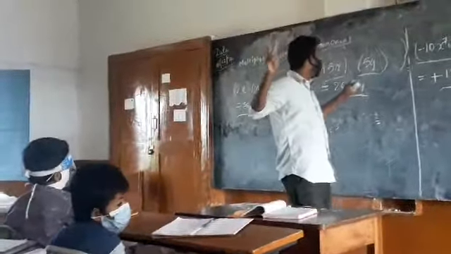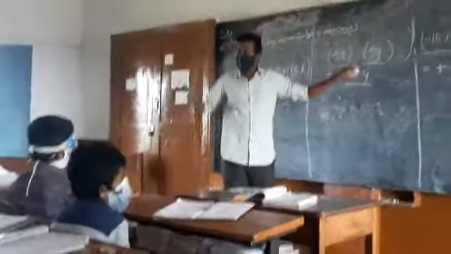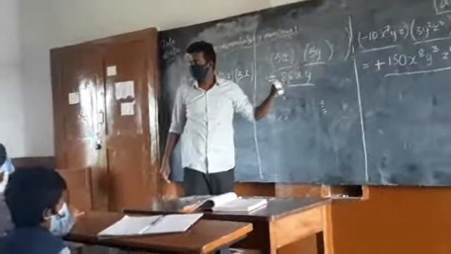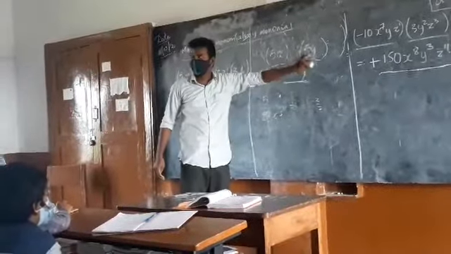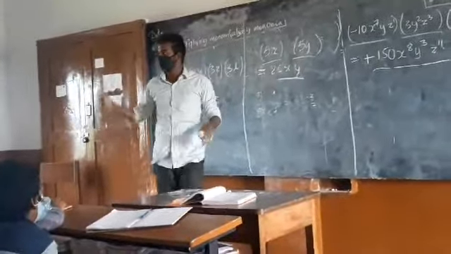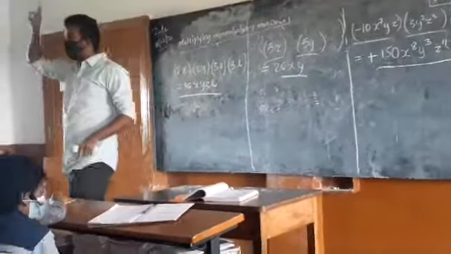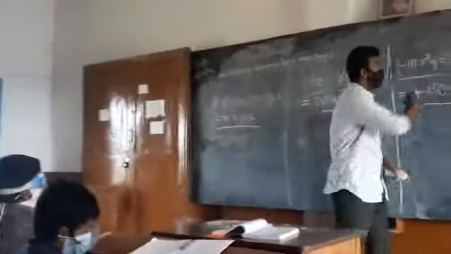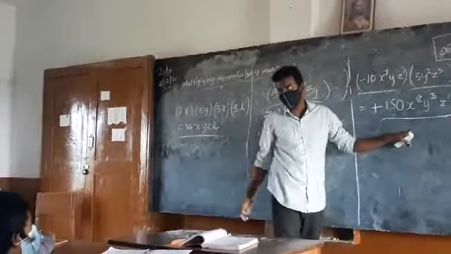So what did we discuss? Starting, we multiplied two monomials. How to multiply two monomials? Multiplying the constants and then variables. If there is involvement of minus sign, multiply the signs first and then constants and then variables. Okay? If it is three monomials, you are going to do the same. You can do it in two ways. At once you can multiply.